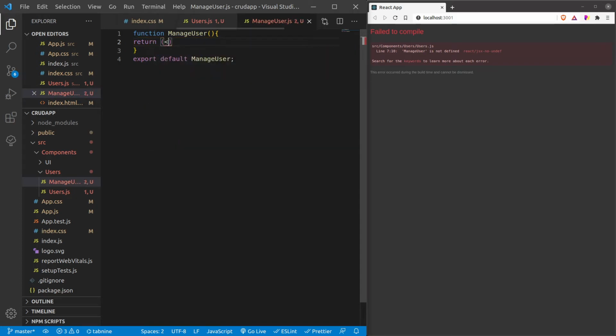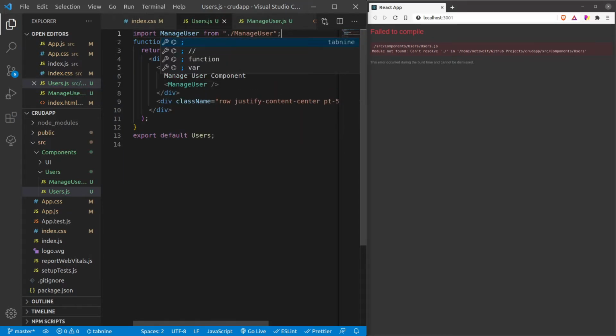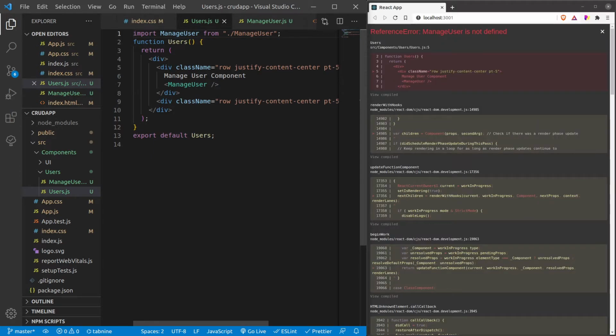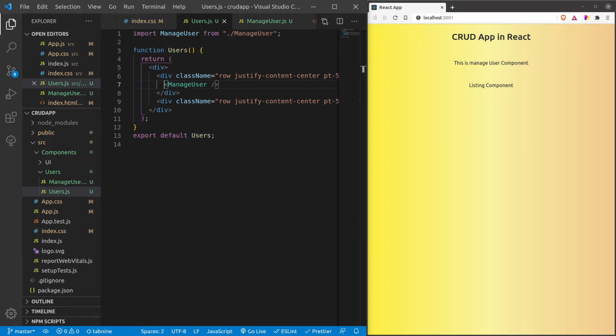And return div, this is manage user component. All right, and now let's import this component. Import manage user from manage user. All right guys, so you can see that I have created a manage user component and I have imported and declared it over there. And let me also remove this manage user component text from here now.